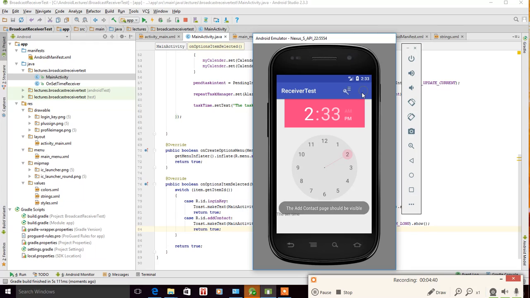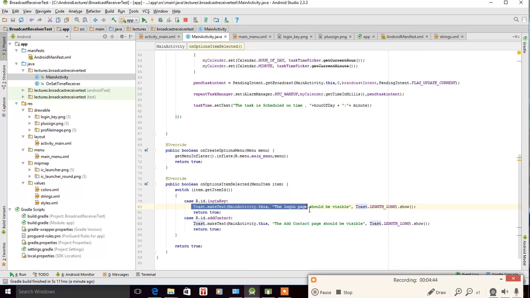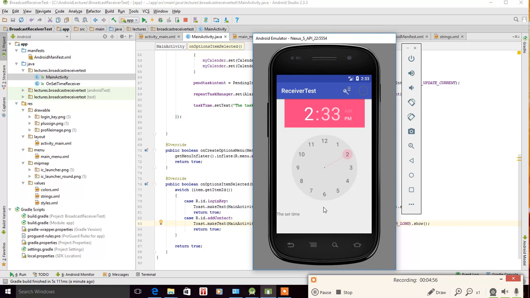Now remember, instead of these toast messages, we will fire two intents here. One intent will call our login page activity, and the other intent will call our add contact page activity. For now we just added these toasts to make you realize how it works, just to get you going onto it. So this was